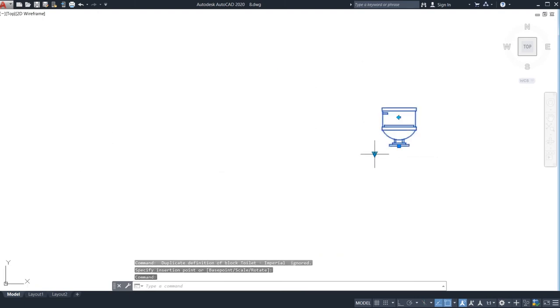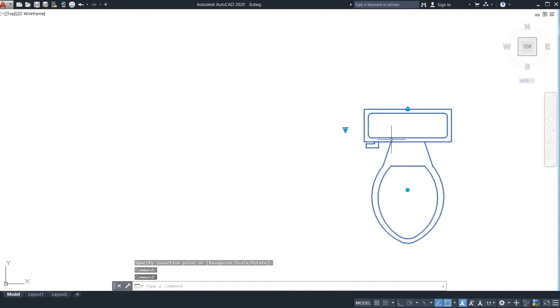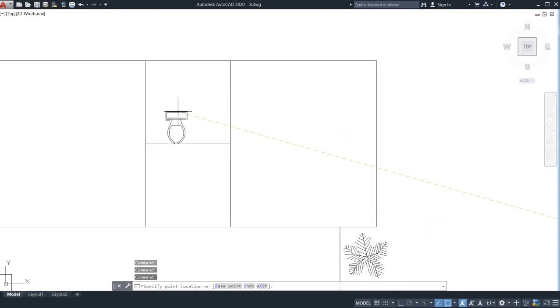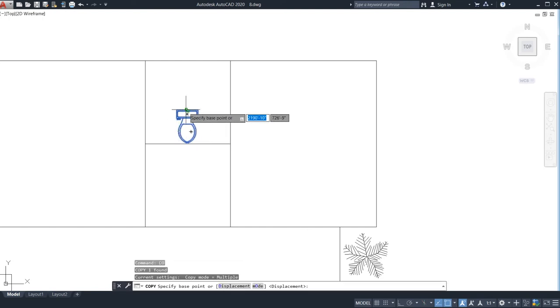Now go for this arrow, click it, go for the pan, this will be for. So now just go and click it here. In the same way, go for the escape, go for the selection of it, go for the copy command, just go and click it here.